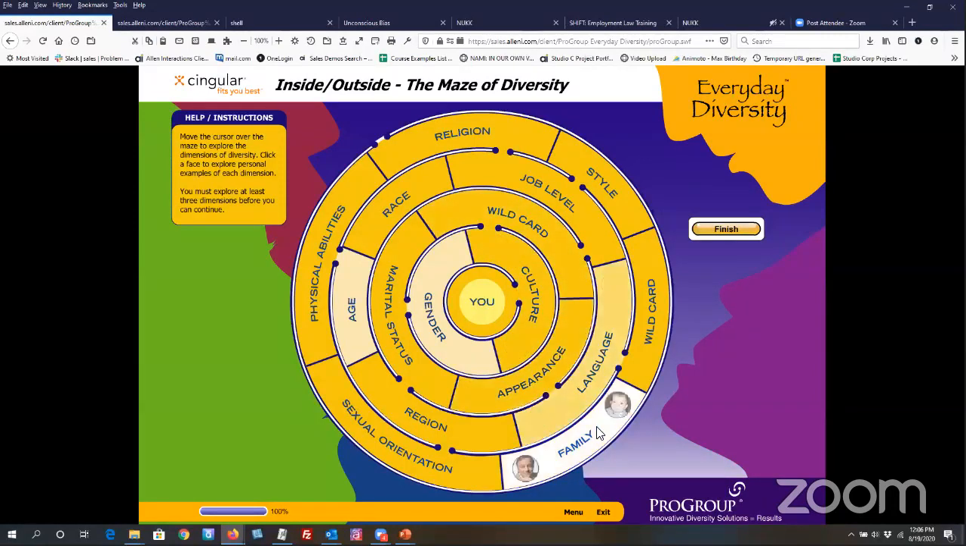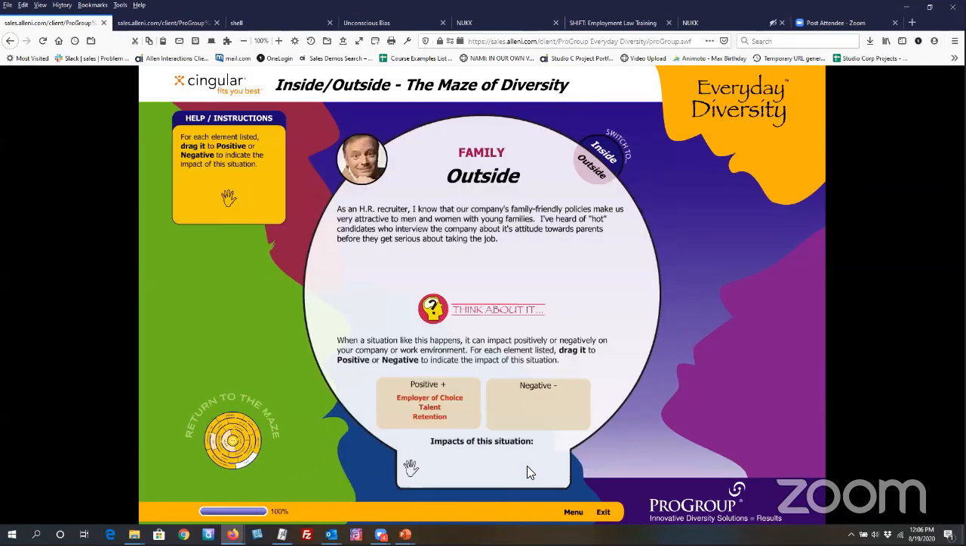So this is the maze of diversity, and learners are asked to go through a number of these and see how it plays out. If you select, how does having a family, so we can select one of these, and if I select it, it's going to take me and show me, okay, this is how this might play out outside of an organization. Here we have an HR recruiter, and they're talking about